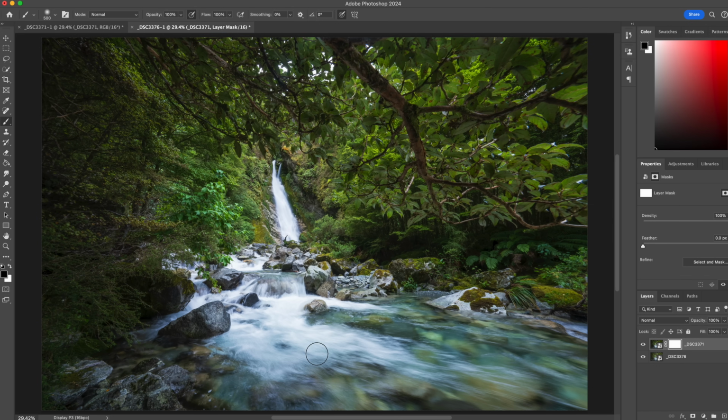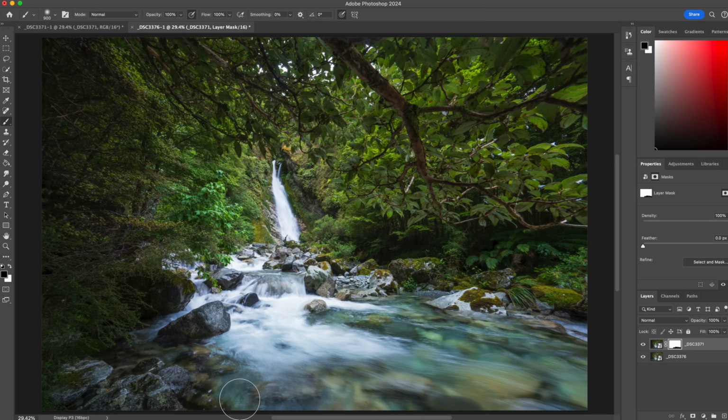So with the black, using the open and close brackets, I'm changing the brush size, and now I'm just going to click and basically paint. Although I don't really like saying paint because it just obviously doesn't look like paint. What we're doing is, again, opening the curtains, tearing open and allowing us to view the file behind,